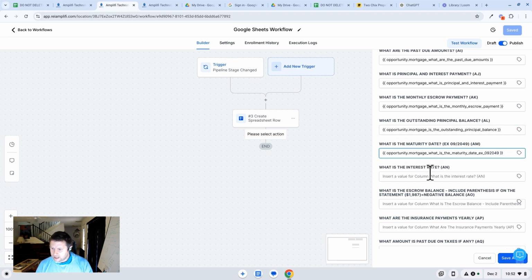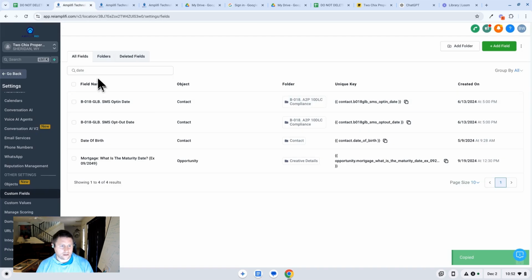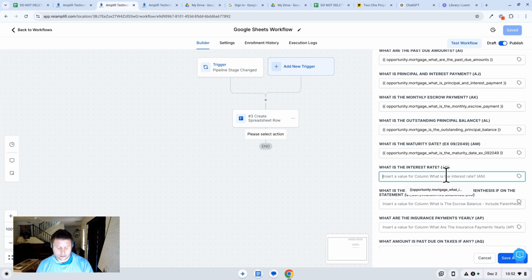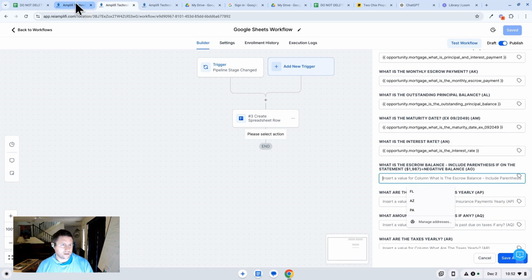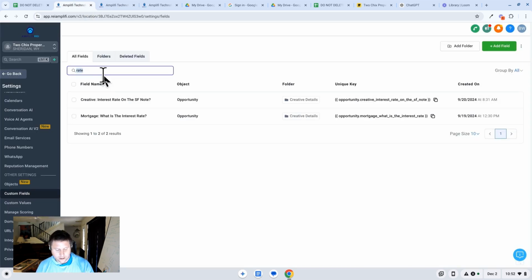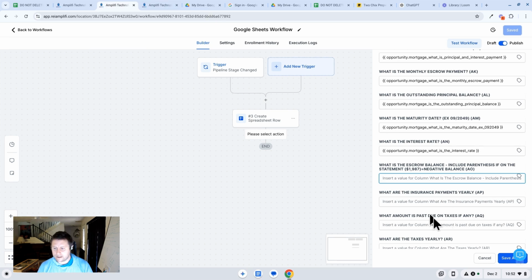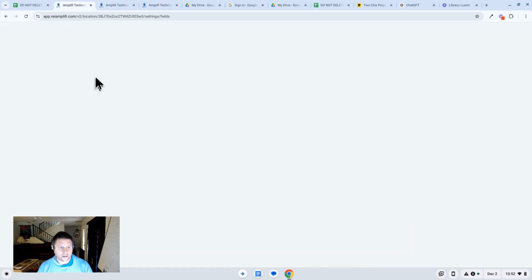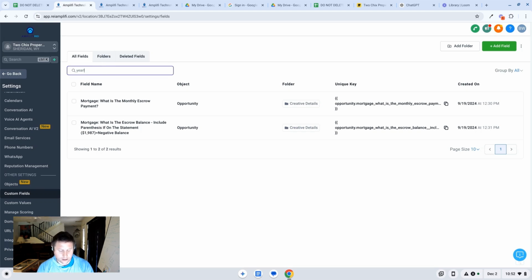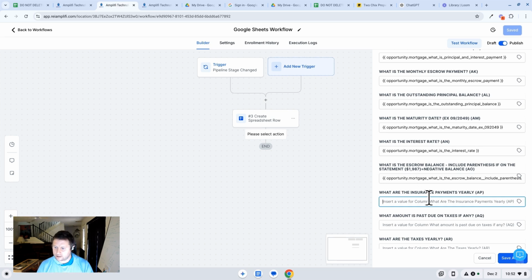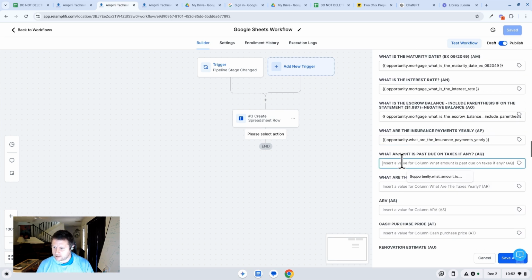See, maturity date, interest rate, mortgage interest rate, escrow again, escrow balance, insurance, see, yearly, insurance, insurance,